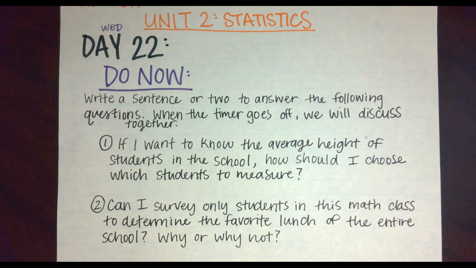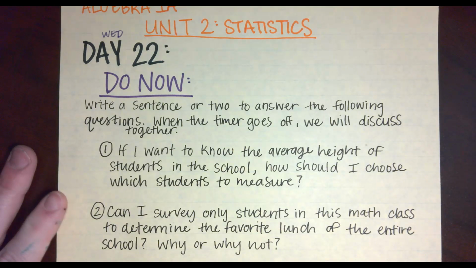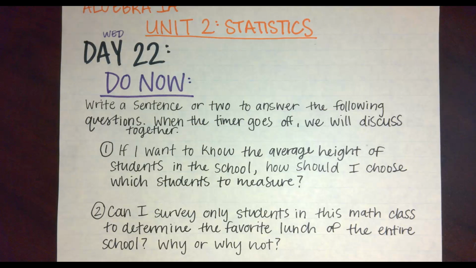All right, guys. We are at day 22. Before we even get started with this, I want you to think about something. Each term is about 30 days. Y'all, we are so close to the end of algebra. That is crazy. And you guys are doing so good. Like, it's incredible. Usually about 30 days. It's between 28 and 32, just depending on how the months fall. I don't know off the top of my head how many days first term is, but it's usually around 30.